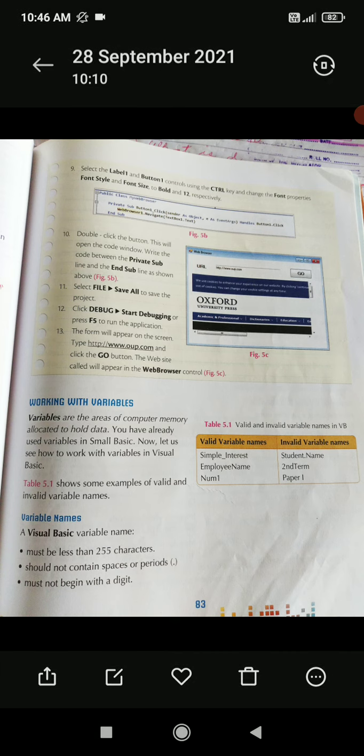Then you write the answer. The rules for variable names in Visual Basic, V capital, B capital, are. Give a hyphen.